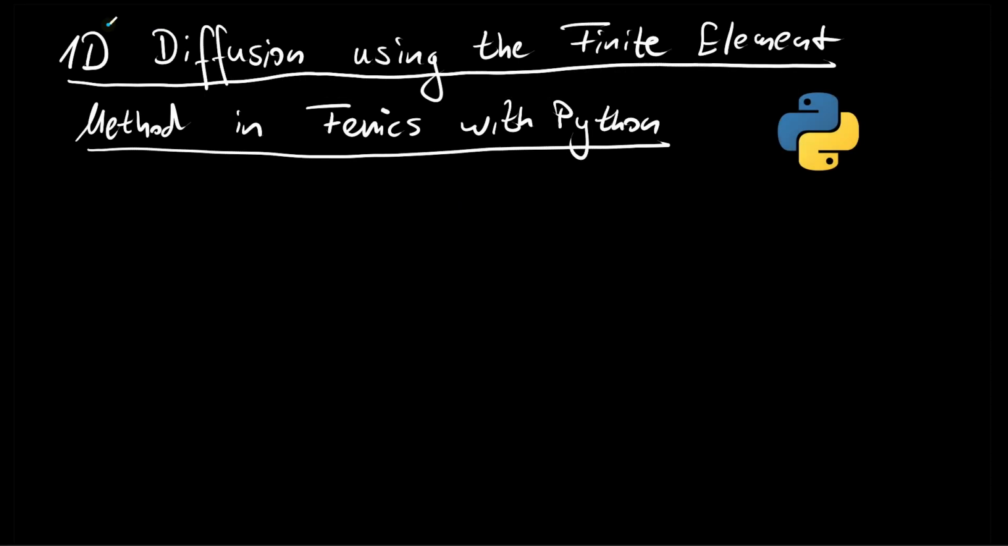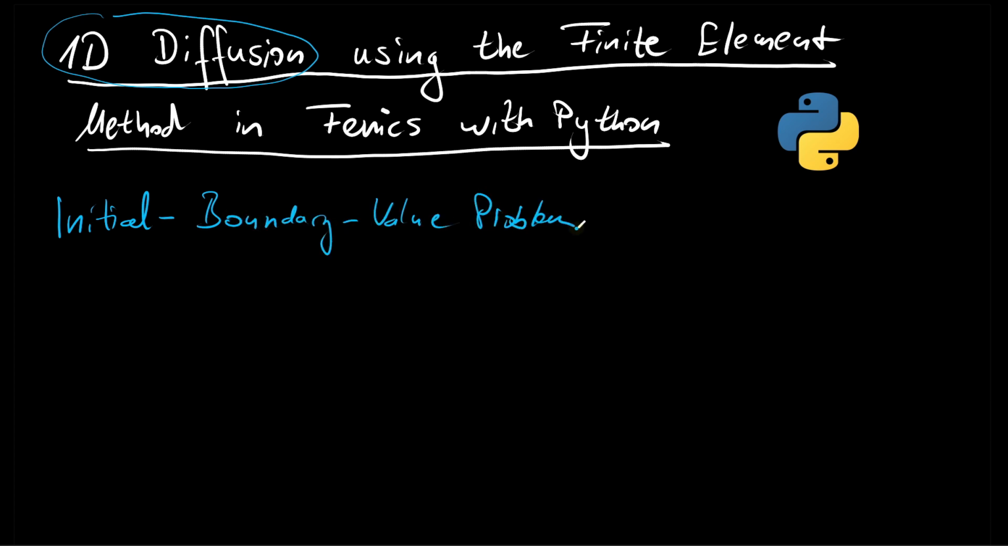Hi and welcome to this new video. The 1D diffusion equation is probably one of the most simple partial differential equations you can solve, and here we're going to use the finite element method to simulate it using FEniCS and Python. For this, I first want to quickly recap on what the partial differential equation looks like, or in more precise terms, we're looking at a so-called initial boundary value problem, and this IBVP consists of first the partial differential equation,